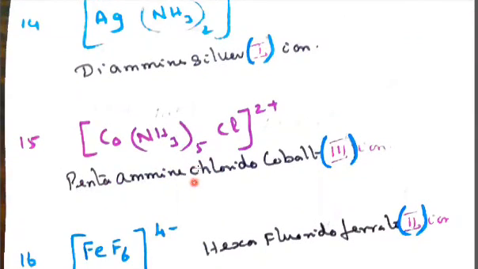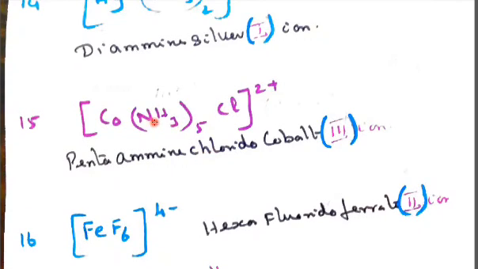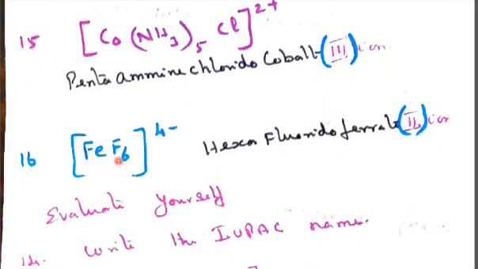Then the last examples. Let us see this: [Co(NH3)5Cl]2+. This is a neutral ligand, ammine, and this is a negative ligand, chlorido. So first the number, penta, then the name of the ligand, ammine. Then chlorido, one time only. Next the central metal ion cobalt, plus 3 oxidation state, so mention it in Roman numeral III enclosed in a closed bracket. This is 2+, but don't write 2+ ion or 3+ ion; simply you write ion. Then [FeF6], a halogen, no need to put it in a closed bracket.